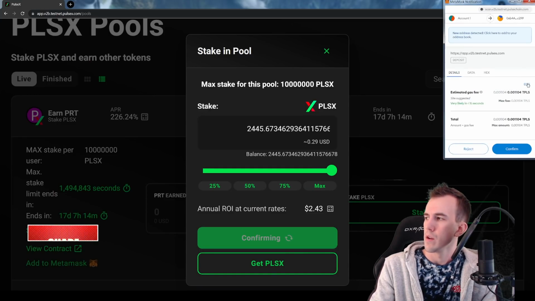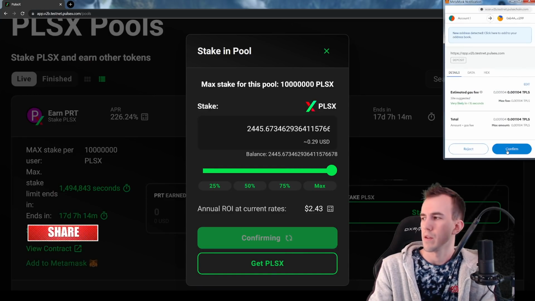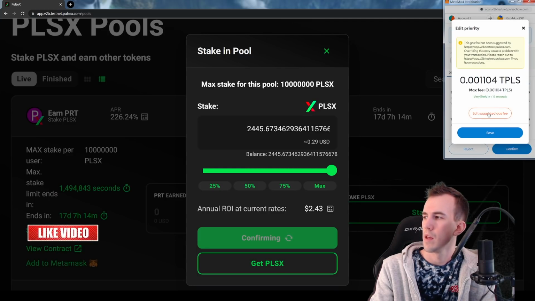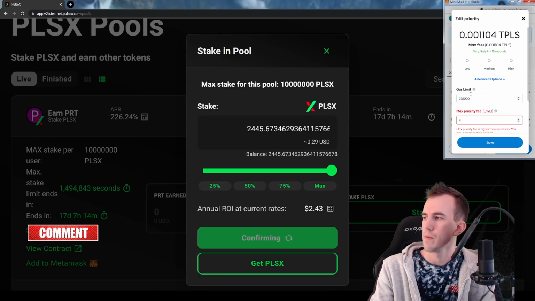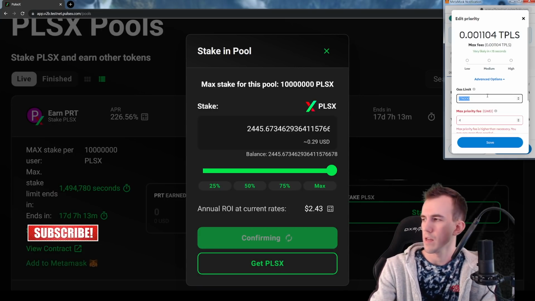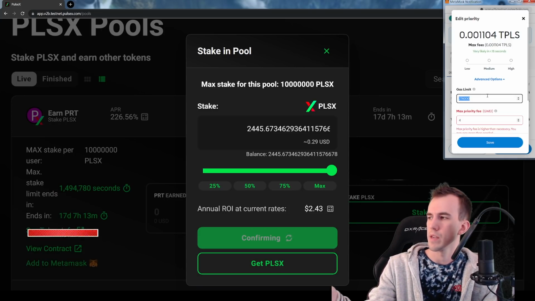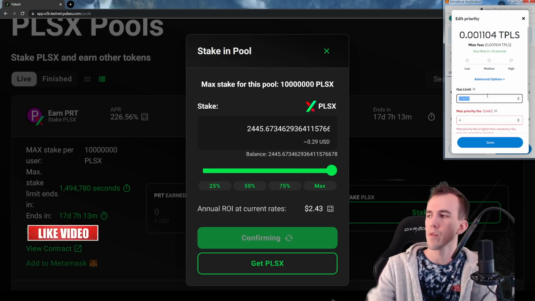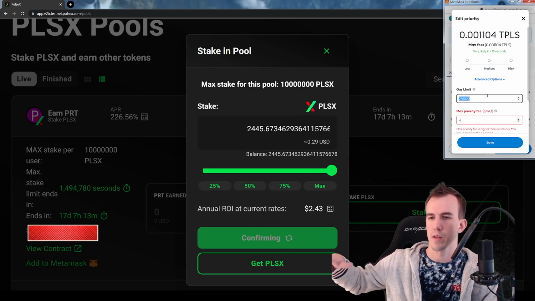So say you tried just the basic confirm, and then it said fail. It said something about gas limit, or not enough gas. If it ever says not enough gas, you're going to want to click edit suggested gas fee, and raise your gas limit. You can usually move it up, see how it's 276,000? I would say moving it up, depending on what it is, because it will fluctuate over time, so it's not like static numbers.